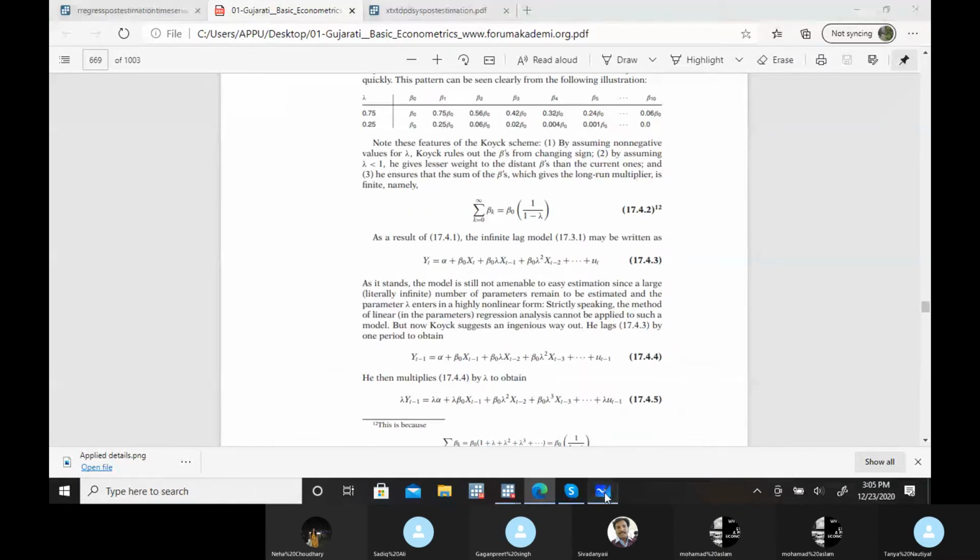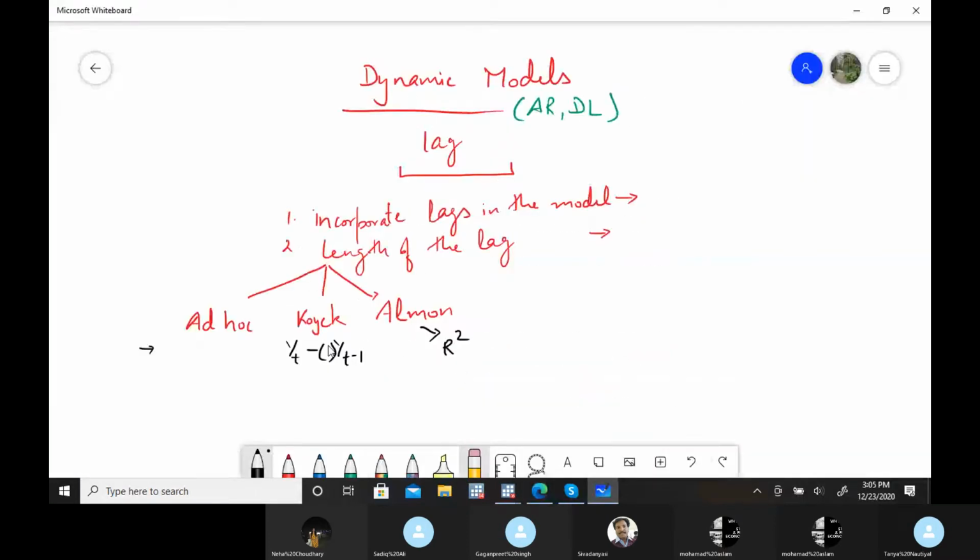So you have to subtract some coefficient of y(t) minus 1. This is the answer to lag length by the Koyck approach. And in Almon's approach, you follow the R-square criterion or model selection criteria like AIC and BIC, Akaike's information criterion and Schwarz information criterion. These are the three different criteria to answer the length of the lag.